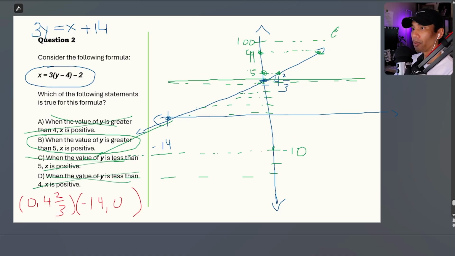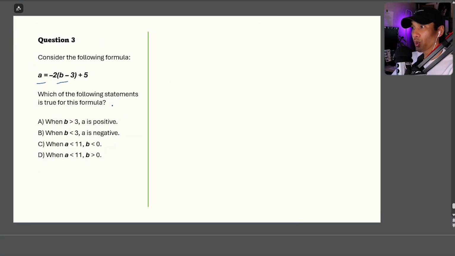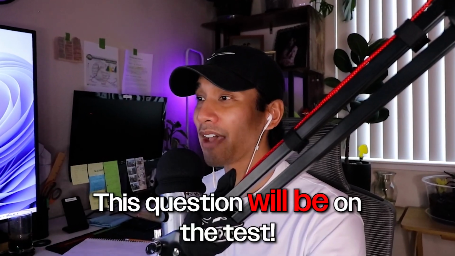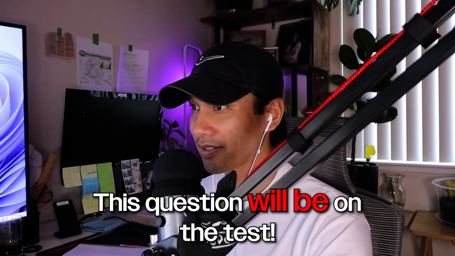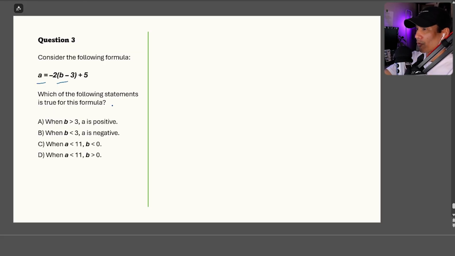So we have one last problem before I leave. Question number 3. This is a monster. This is going to be hard. But the thing is, this is going to be hard, yes. And I believe this question will definitely be on the test. Okay, I've seen this one before. I've either seen this a lot on iPrep, or I've seen this one actually on the test, a problem just